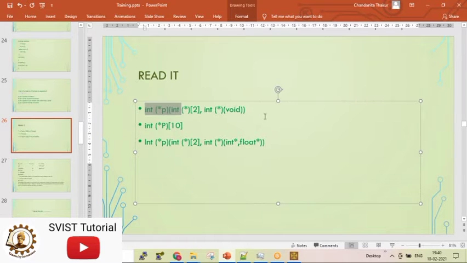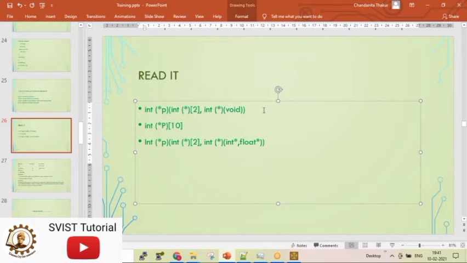Coming to the next one. What is the next one? First one, you just go to the first one. If there is a difference in opinion, I will give it as a home task. If you can conclude, then it will be solved in the class only. First one, tell me.